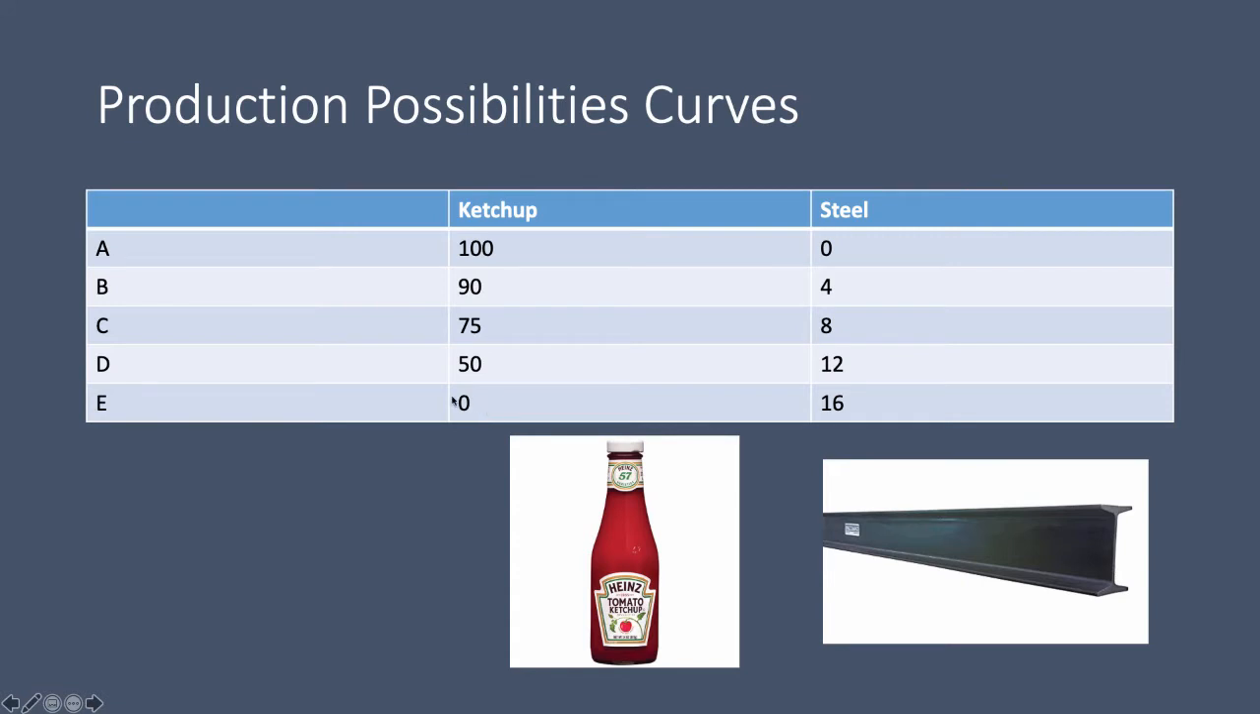And then at option E, you're not producing any ketchup at all, you're just producing 16 tons of steel. Those are your production possibilities, and that's fine. We can get a lot of information out of this graph. In fact, if we were to